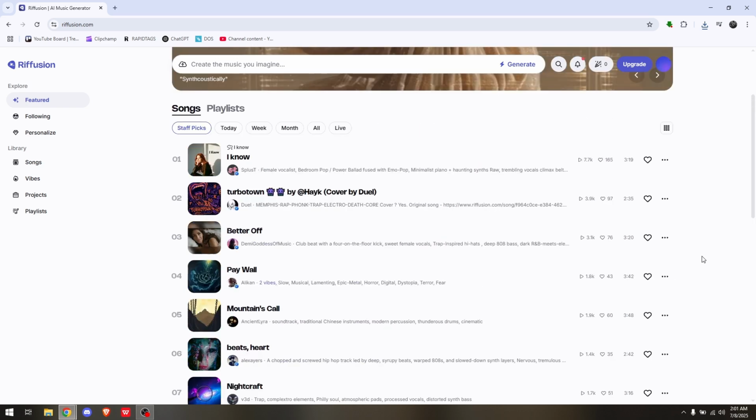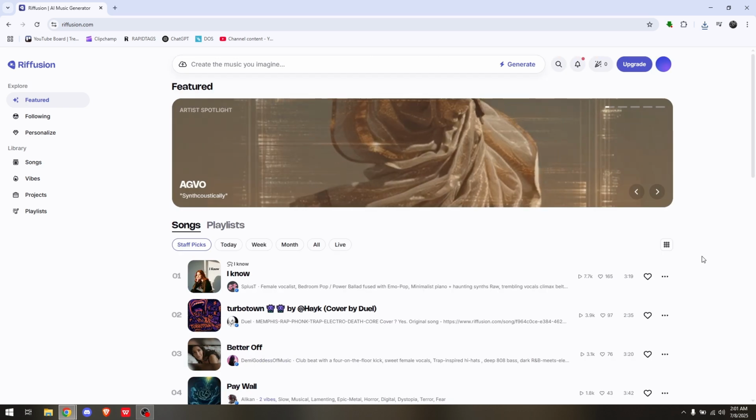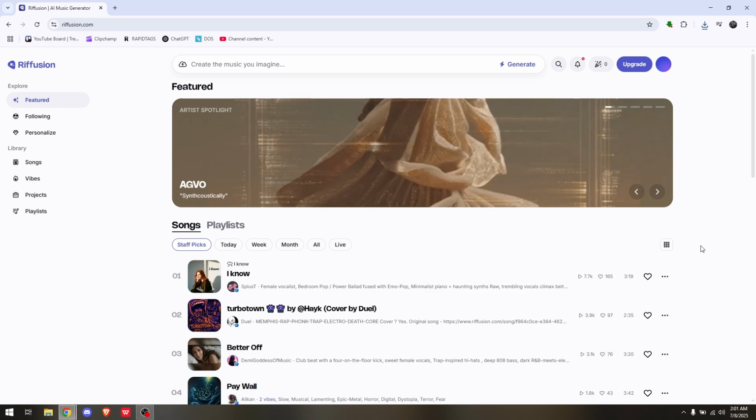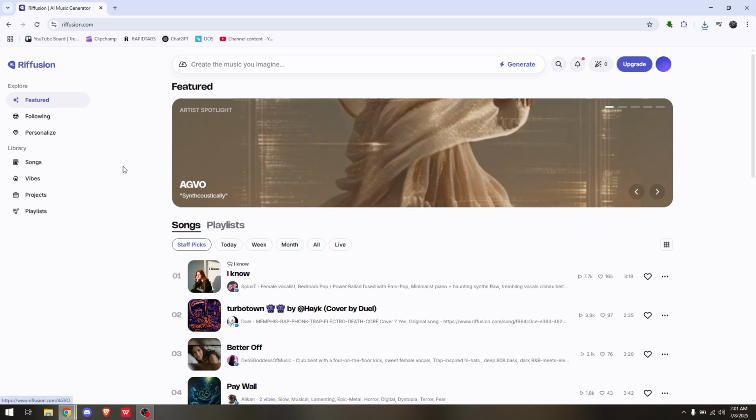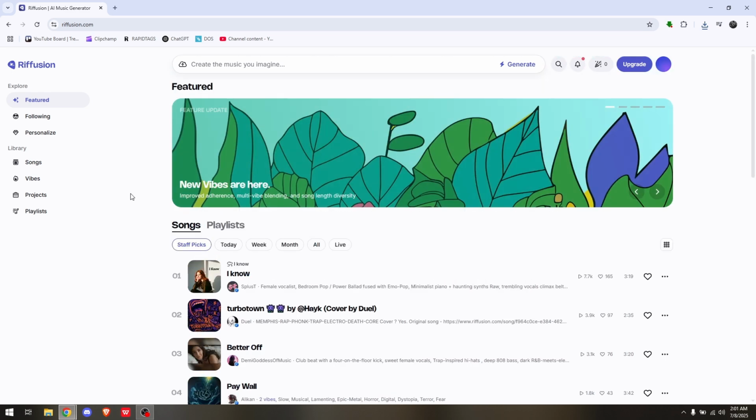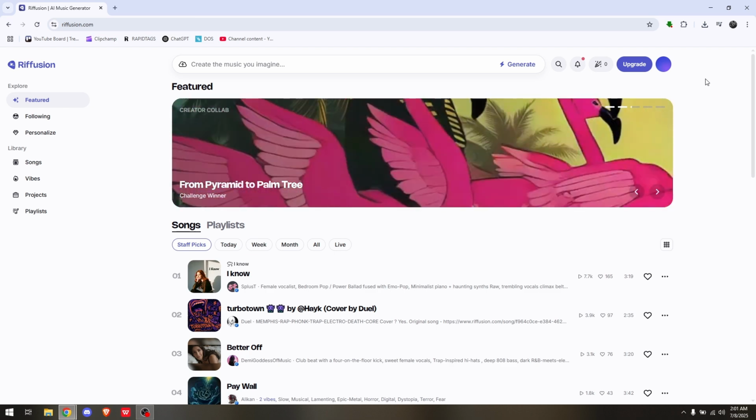Now, once you have opened it up, just head straight to riffusion.com's official website, which is going to be the one that is showing on your screen. Once you're here, make sure that you are logged into your account. If you don't have an account, make sure that you already created one, as it is the very first requirement